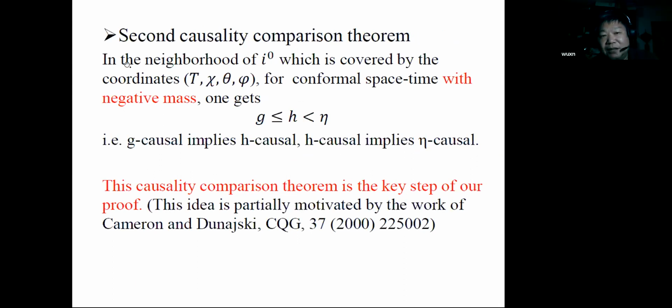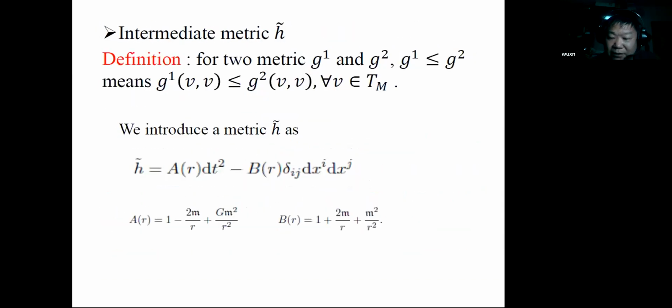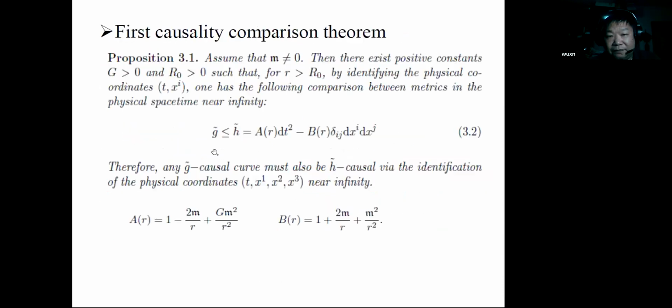It means that in the neighborhood of i naught, which is covered by the coordinates T and chi we have constructed for the conformal space, if we assume that the total mass, the mass in the G tilde, is negative,